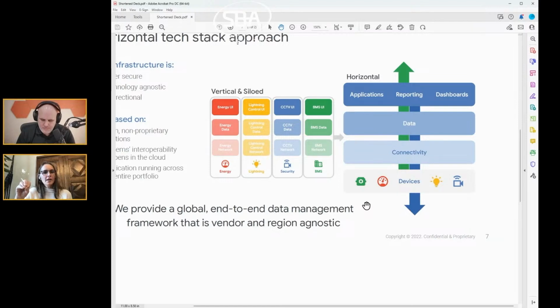Things change all the time. Your model is only as accurate as your time series data, your information in this data lake, and the model has to represent the building. So if the building changes, which happens very regularly, you change a device, replace something, remove something, this model has to be